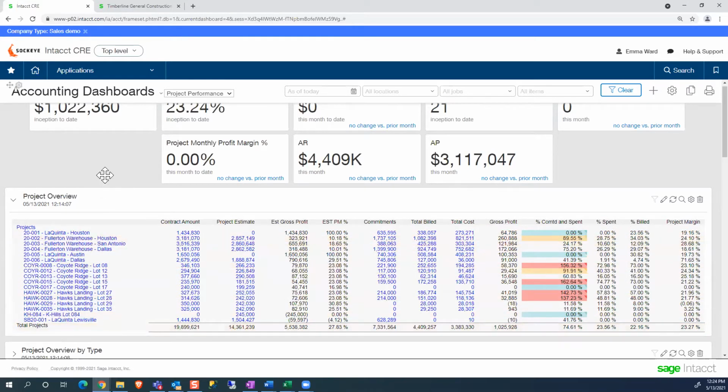All right. So the look and the feel of the user interface and user experience inside of Intacct gives us the ability to explore the data, to slice the data, to present the data many different ways to achieve the information that each individual needs inside the application. So project managers would be looking at it one way. The accounting team or controller might have a different way that they want to see that information.